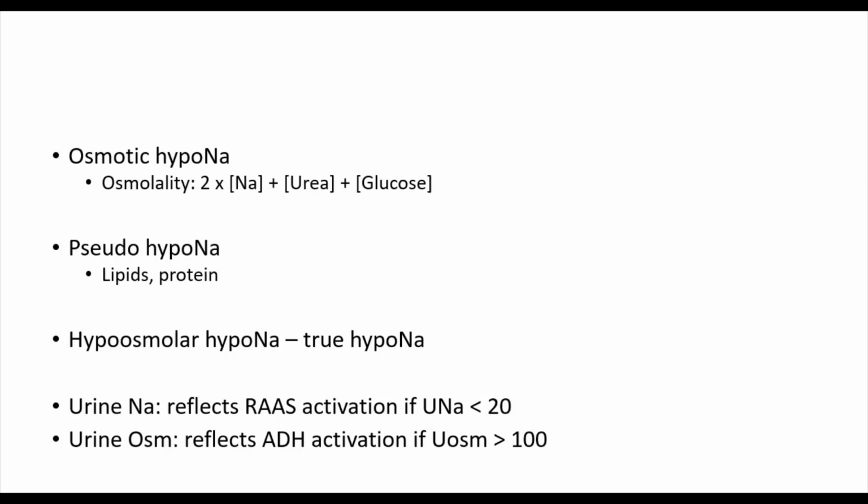You can check if the patient has pseudohyponatremia or not by doing lipid levels and looking at the total protein. If either of these are markedly elevated and the patient has a hyponatremia, then you would suspect that this is actually a pseudohyponatremia. Another way to tell and to circumvent this problem of getting pseudohyponatremia is to use a